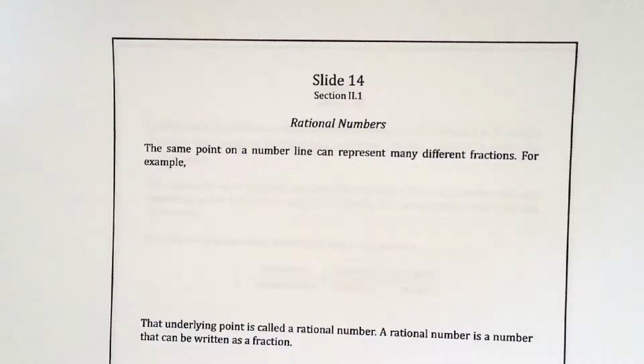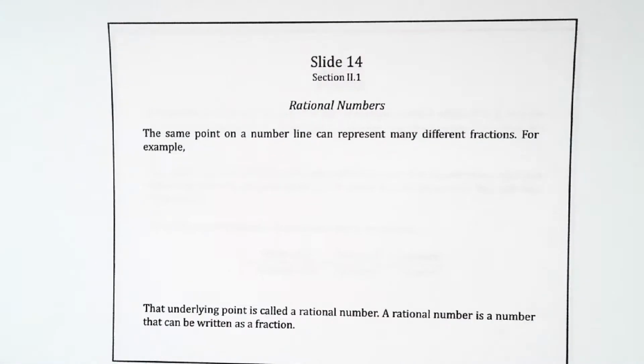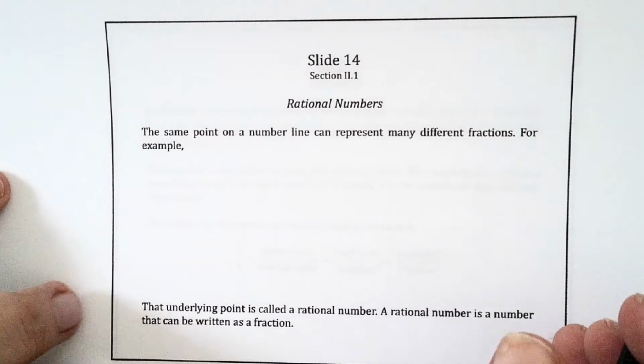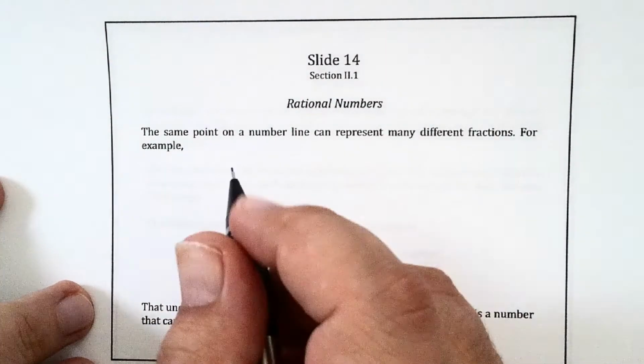Okay, so let's wrap up this section by talking about rational numbers. Okay, we've been talking about fractions. Now let's talk about rational numbers. So the same point on the number line can represent many different fractions. For example,